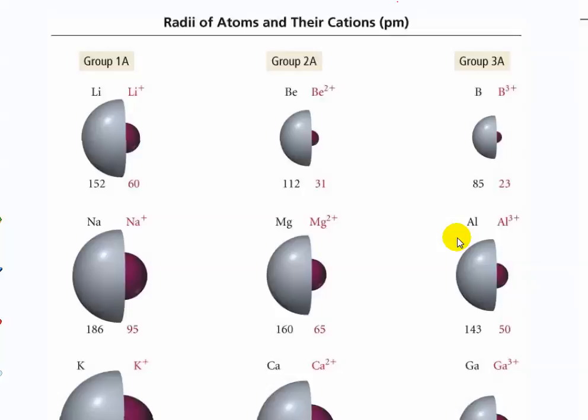It's similar to the ionization energy. When you have more protons, you're pulling the electrons, you have a stronger effective nuclear charge on the electrons. You're pulling them in more strongly, and so you have this contraction as you go across. Even though you're adding more electrons, you're pulling them in tighter,